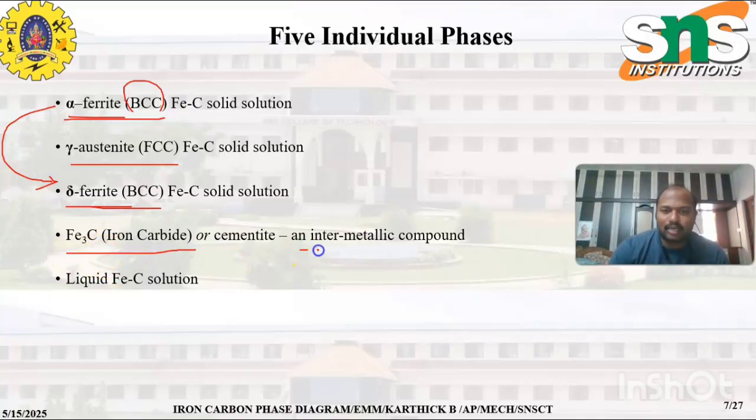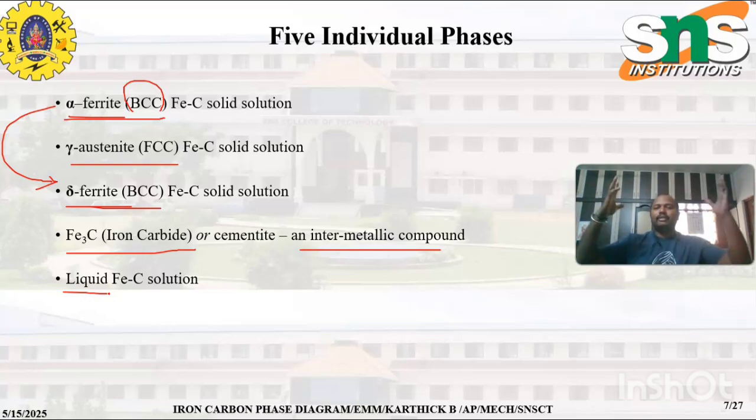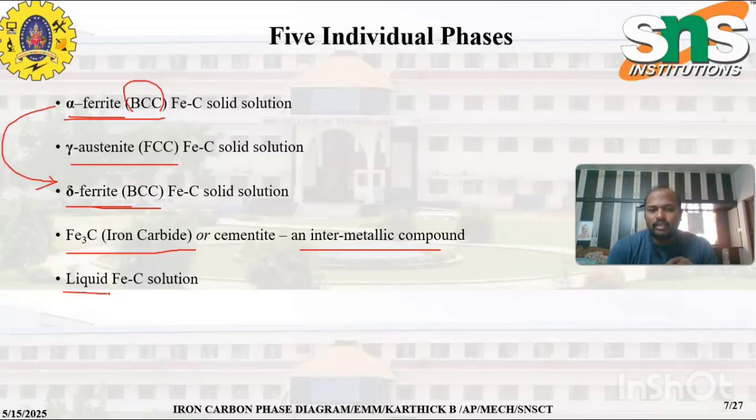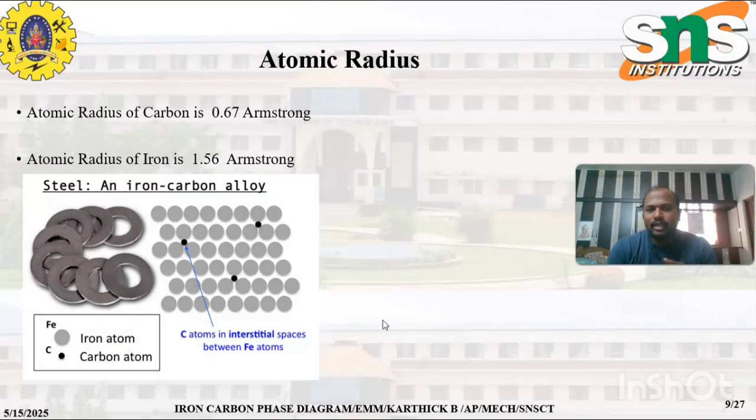This is cementite. It is an intermetallic compound, seen on the right corner, Fe₃C, that is 6.67% of carbon. And of course there is the liquid: after about 1500 degrees Celsius, the iron is completely melted and seen as the liquid part. So first, why are iron and carbon mixing together? They should form a combined solid solution. Here iron carbon is an intermetallic,